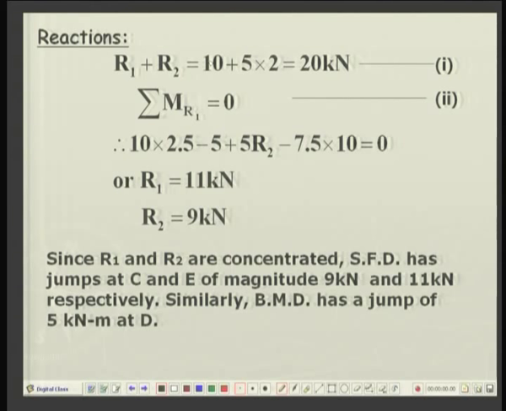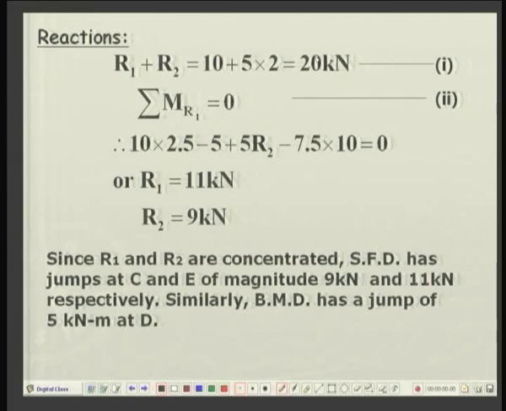So, you can quickly see that your R2, the reaction at the other end, is obtained as 9 kilonewtons and R1 will be 11 kilonewtons, because their sum is 20 kilonewtons. So, by these two equations of equilibrium, the two reactions R1 and R2 are determined. Next we will see,